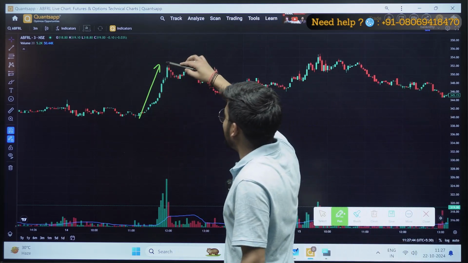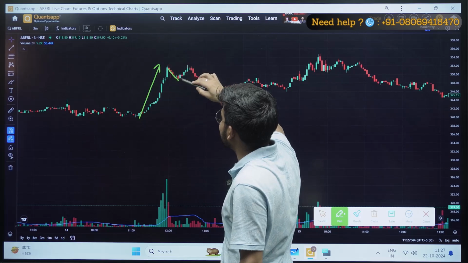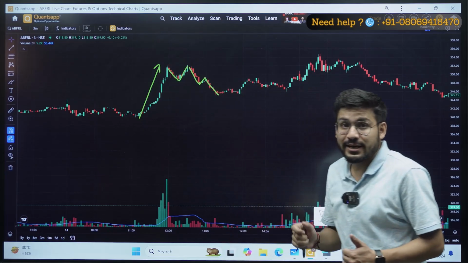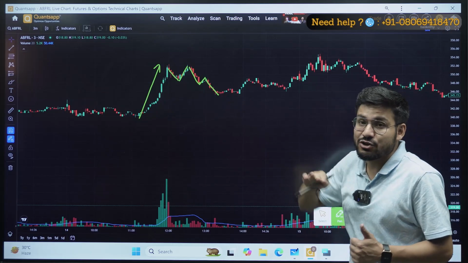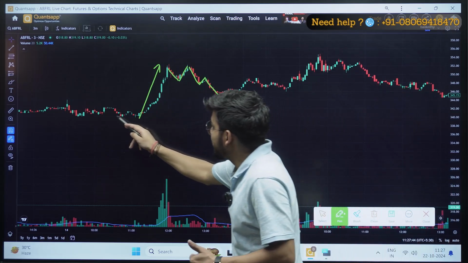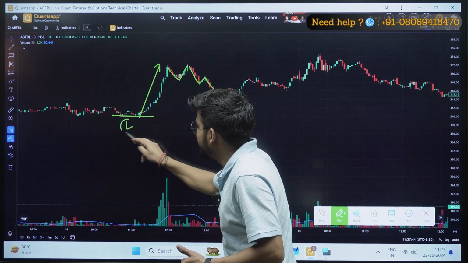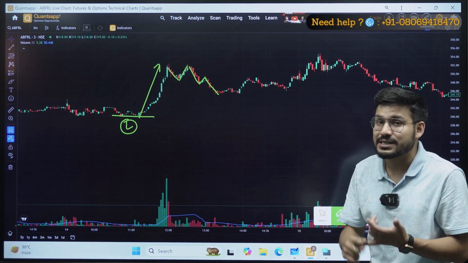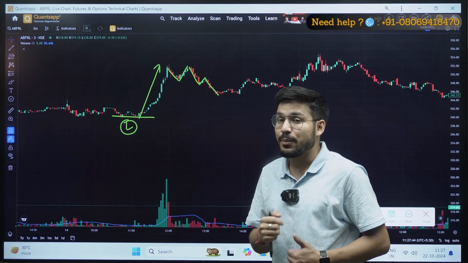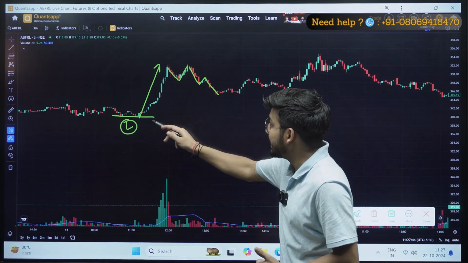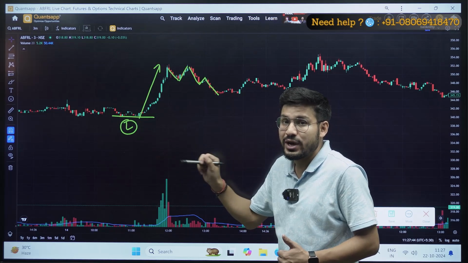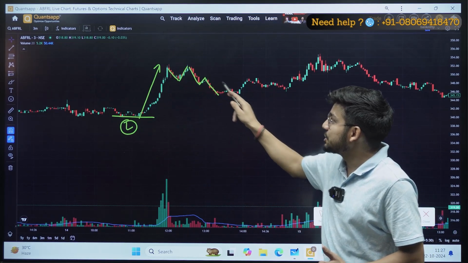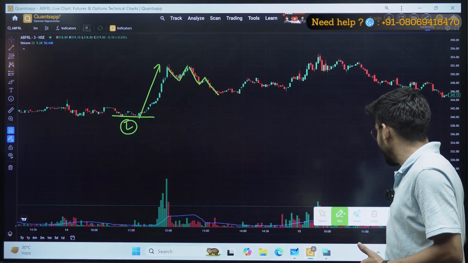After that there was a downward movement in the market. The market is making low, then low, then low. But here I can see the trend has not changed. Why? Because this was my previous low, and it has not broken. When it gets broken, it means my market has changed its character. But right now the market has not broken this low. It means currently my market is in an upward trend. That is why I am analyzing this channel, this flag, you can say.